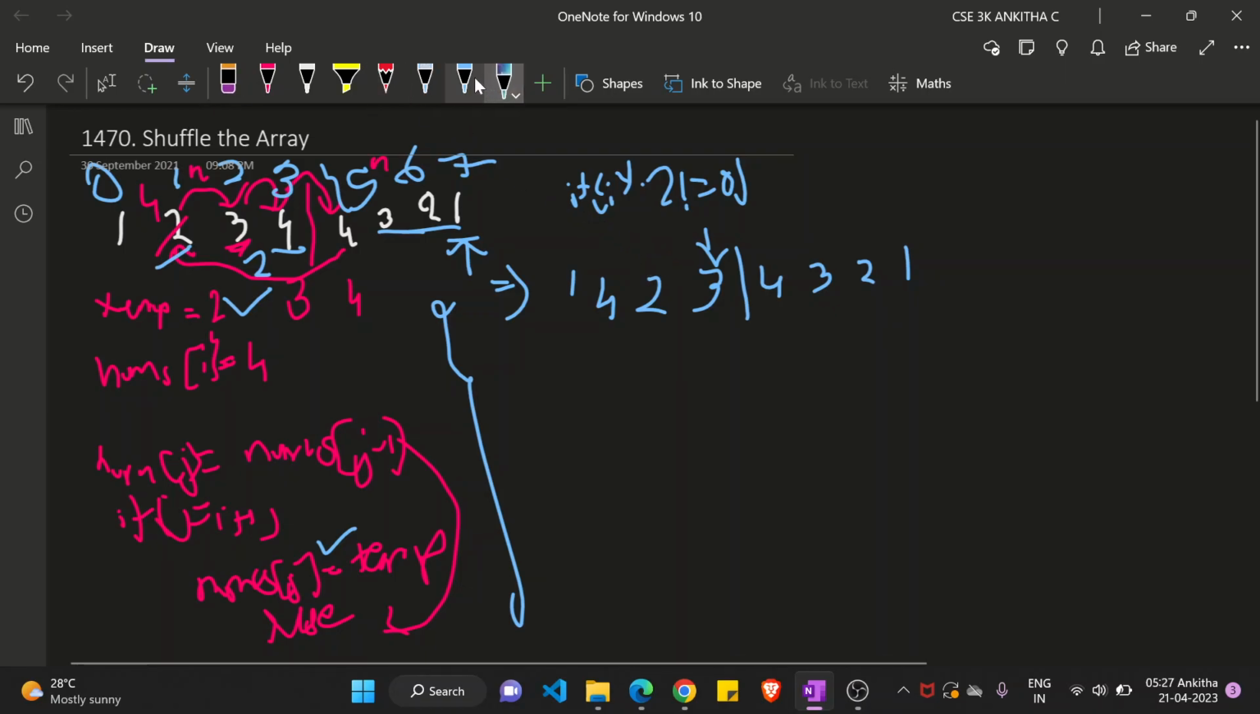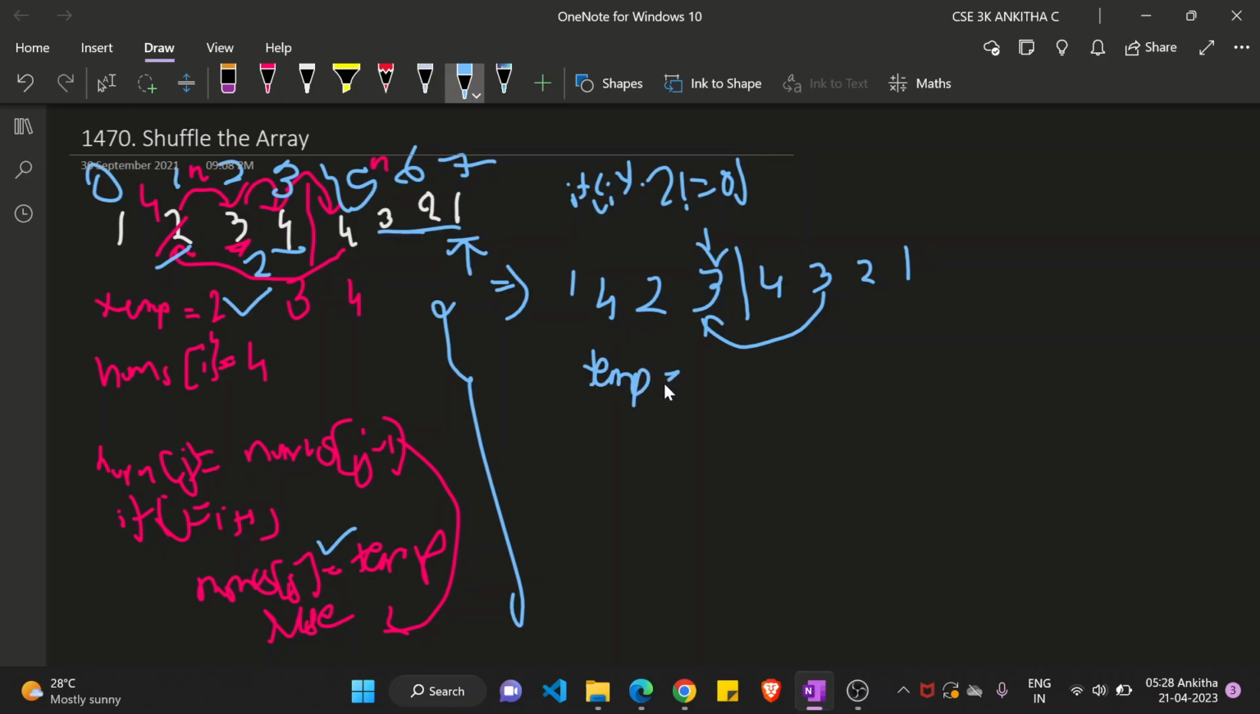Now 3 has to be replaced here. We know it's already 3, but suppose in case it has 7 here, then 7 should be replaced by 3, right? So 3 we replace at this position. That's why before replacing it, we have to store this variable. How do we store? Temp equal to nums of I. Then nums of I equal to